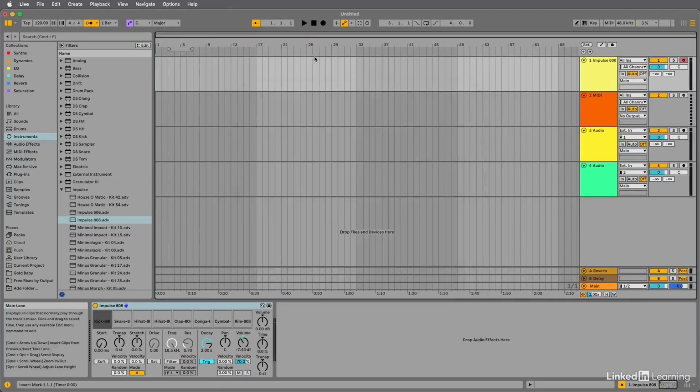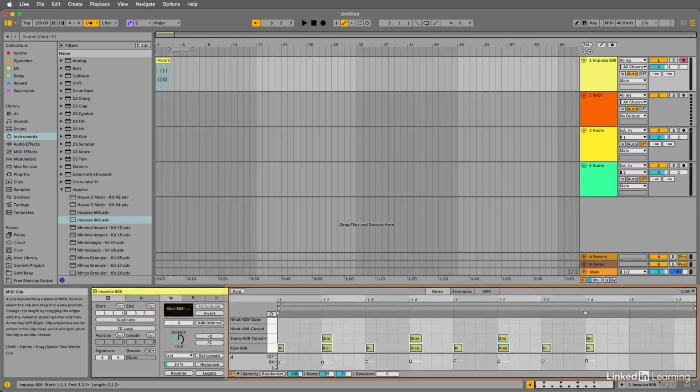All right, so I'm going to hit the record button up here, and then I'm going to record just a simple kick and snare pattern. And I'm going to need to wait for the count off, which is currently set at 1 measure. Okay, so let's take a look at that MIDI recording, and I can do that by double clicking on the